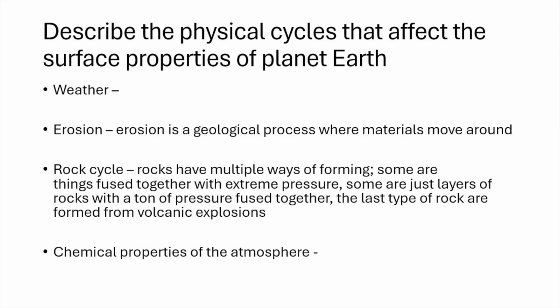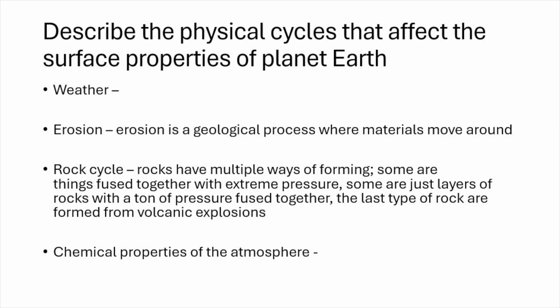Describe the physical cycles that affect surface properties of the planet. The weather, I talk about later, so I didn't write that down. Erosion on Earth. Erosion is a geological process where materials move around. The rock cycle. Rocks have multiple ways of forming. Some